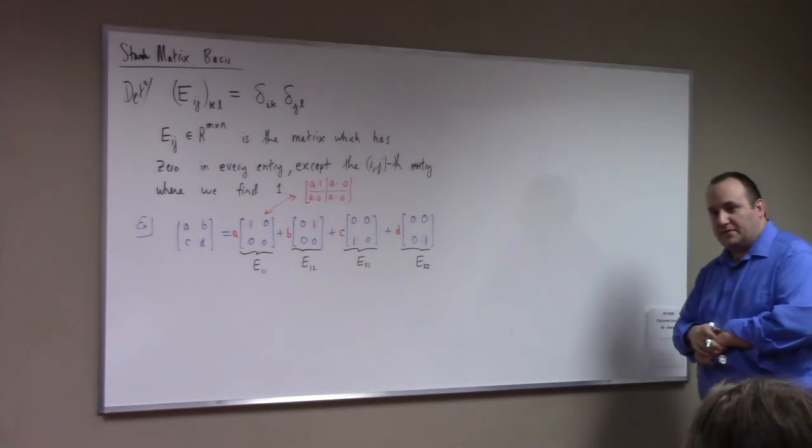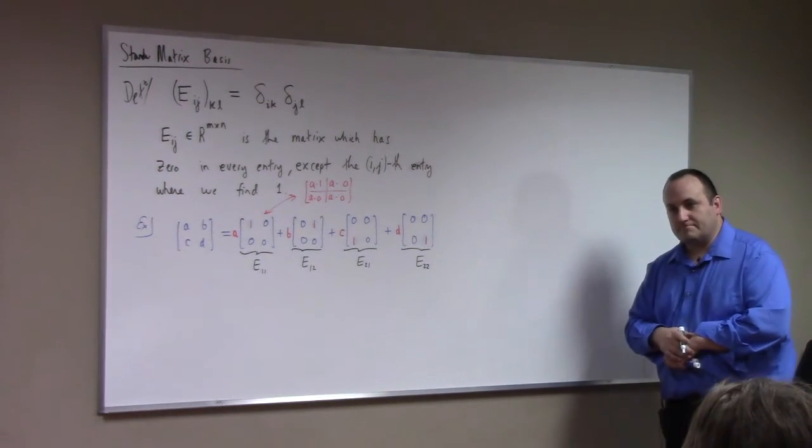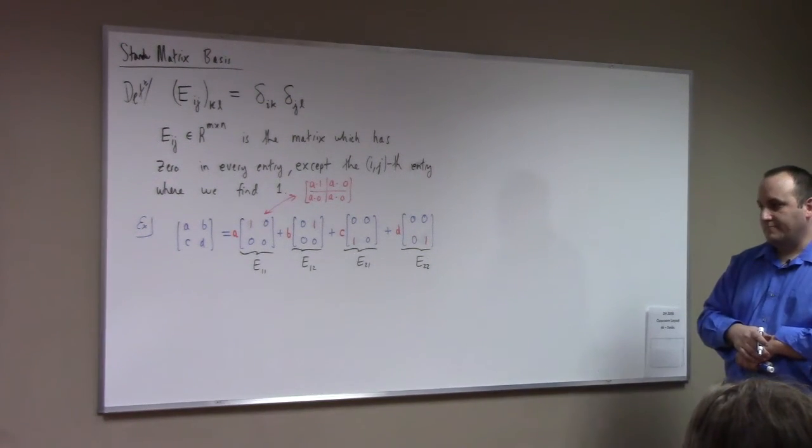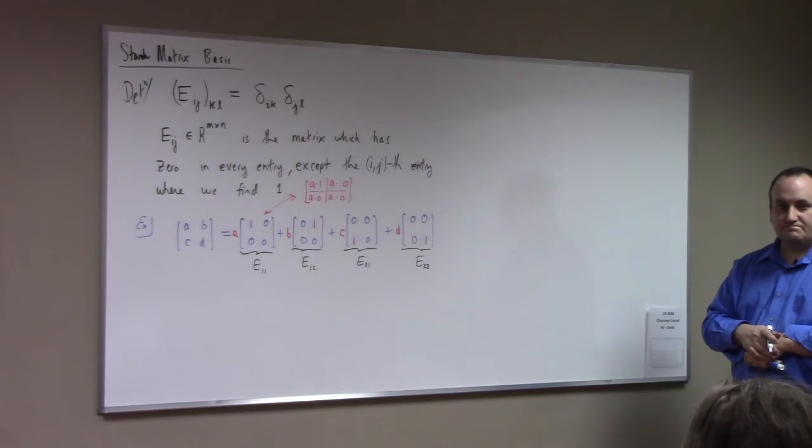These are the fundamental building blocks, which you can build any 2-by-2 matrix from. And they're independent in some sense, right? There's no way you could get an E12 from the other ones. Whatever that independent means, we'll be more precise about that as we go on.